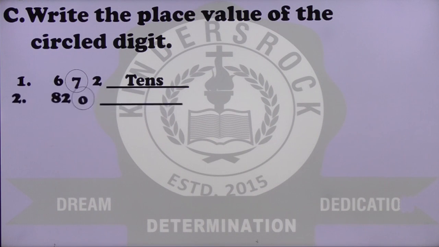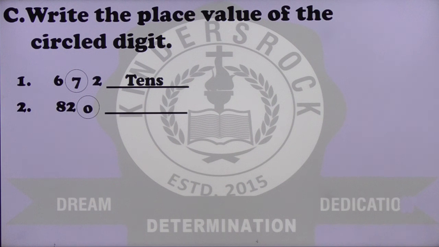The second one, 820. 0 is the digit that is circled. You will have to write in the blank what is the place value of that digit. Right? It may be either ones or tens or hundreds. You have to decide. Similarly, you have to decide for this number,